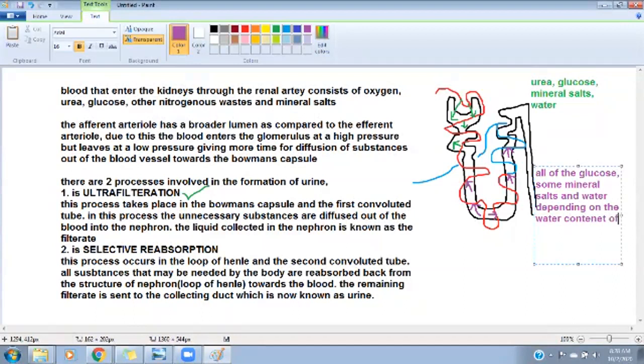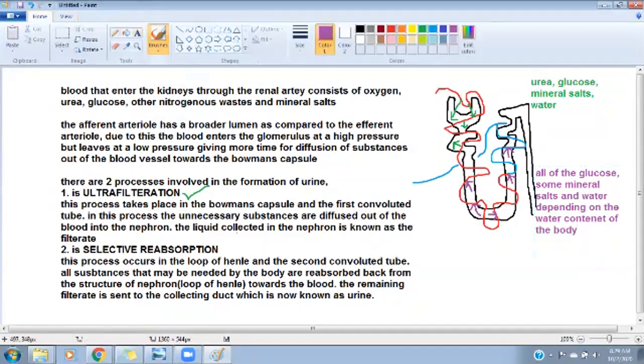water content of the body। यानी अगर हमने अच्छा पानी पिया हुआ है तो कम वाटर रीअब्जॉर्ब होगा, और अगर कम पानी पिया हुआ है तो ज़्यादा पानी रीअब्जॉर्ब होगा। ठीक है, आपने देखा है जब हम वॉशरूम जाते हैं, तो अगर we have consumed good water then we have a larger volume of urine, but if we have consumed lesser water then we have a lesser volume of urine because more water is reabsorbed into the body। ठीक है, तो बिल्कुल इसी तरह से ये होता है।